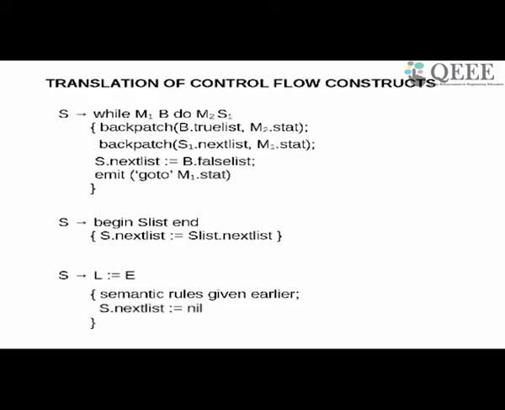What do I do after S1? Anything that is incomplete here, I must go and start doing M1. But what happens if there is nothing missing? This will be out of the loop. So I force a goto M1.stat to make the control unconditionally transferred to the start of it. And that is all that is required for a while do statement.